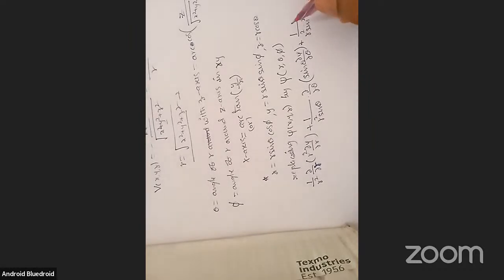All right, these are the important points. 1 by r square dou by dou r of r square dou psi by dou r, plus 1 by r square sin theta dou by dou theta of sin theta dou psi by dou theta, plus 1 by r square sin square theta dou square psi by dou phi square,